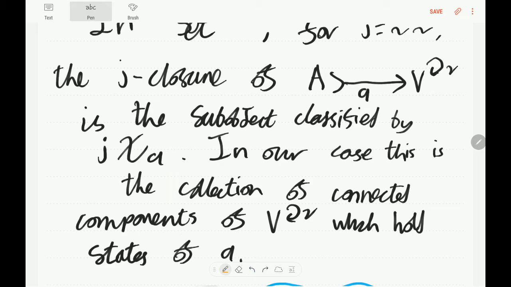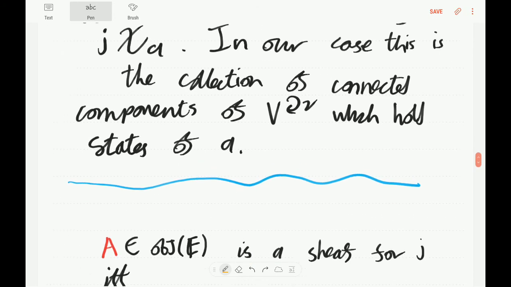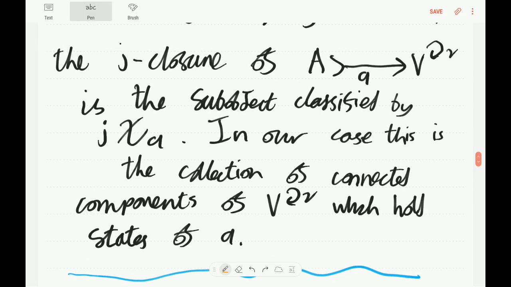So in our context of dynamical systems, and our J equals not, our closure is basically just taking all the connected components that our subdynamical system A touches, and taking all of those as our bigger subobject, our closure. And then to say that